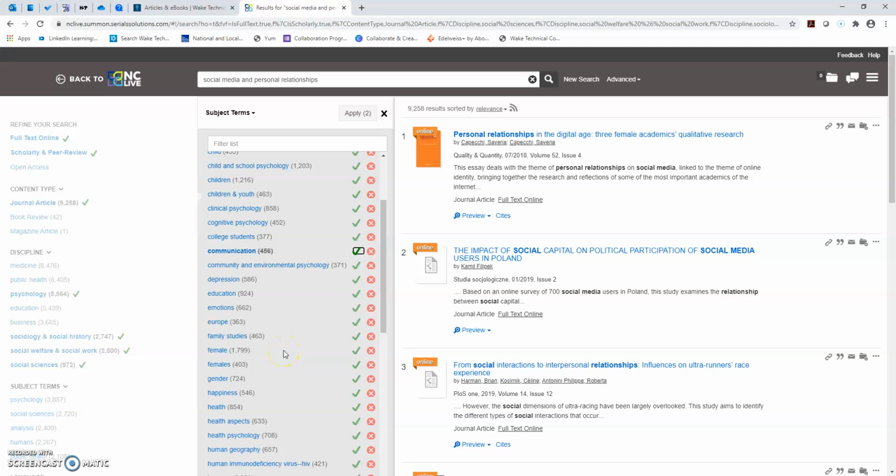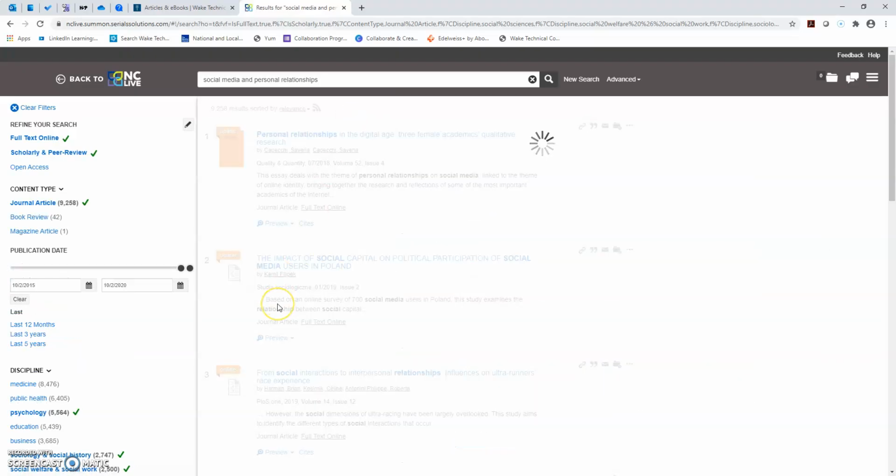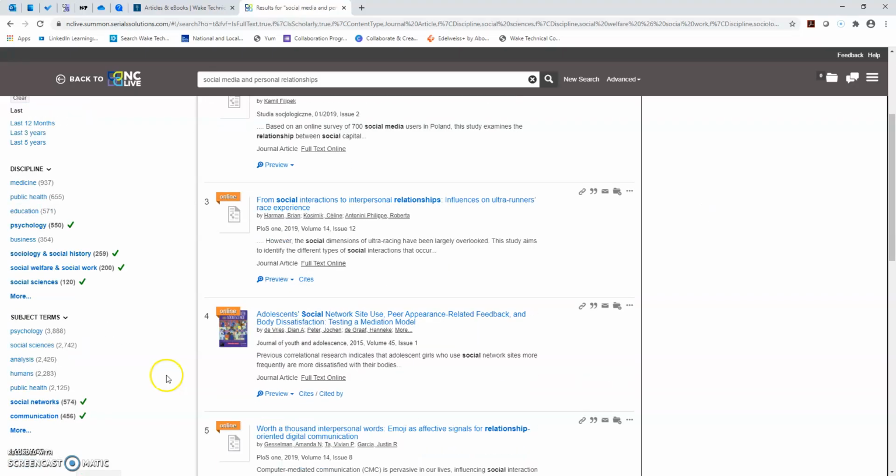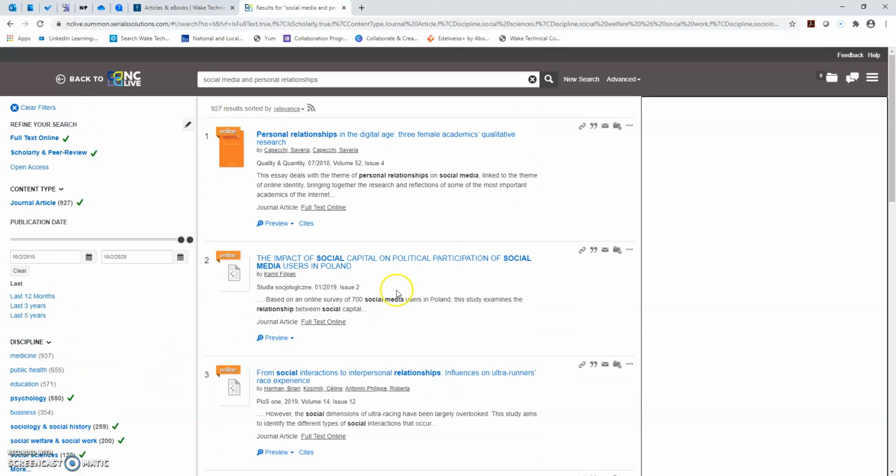With this, you can check off as many of these as you'd like to. I'm just going to leave it at those two. When you get done, just click the apply button, and now it's going to weed out all of the ones that don't apply. Now we're down to 927, which is still a lot of articles, but it's much better than when we started with over 90,000.